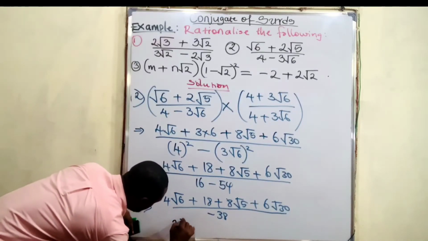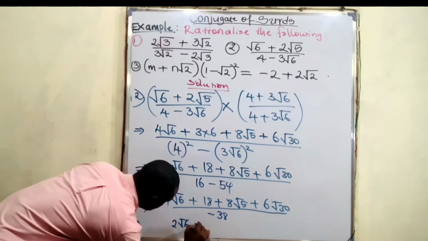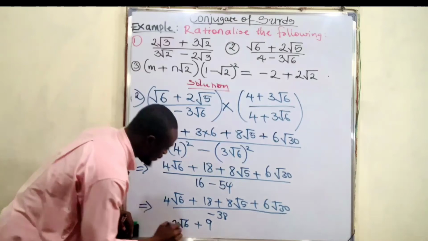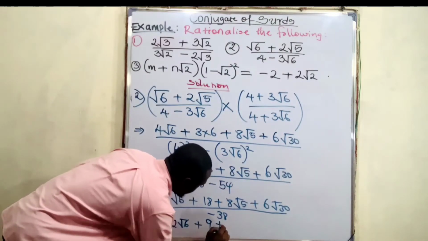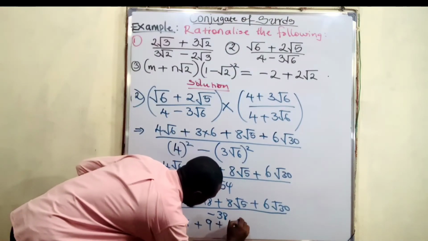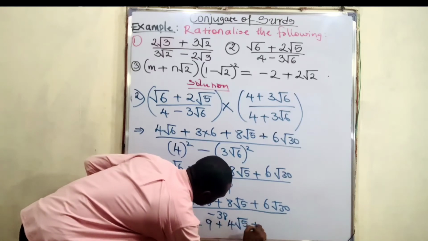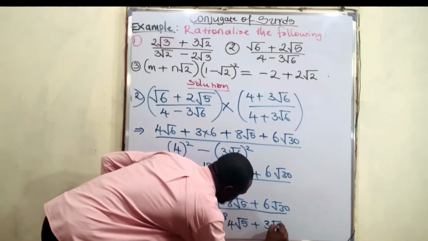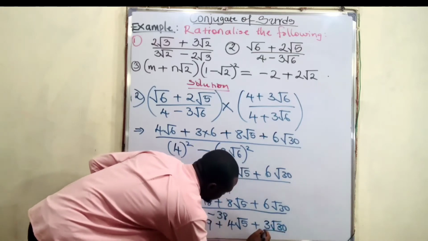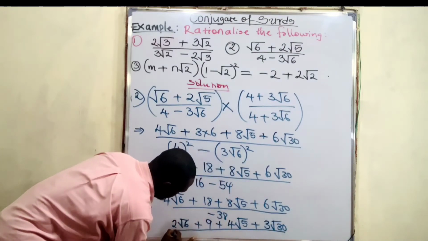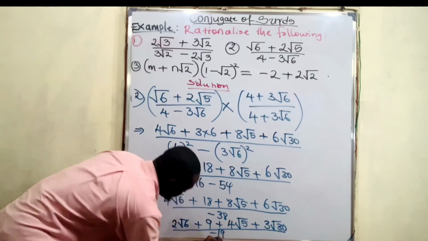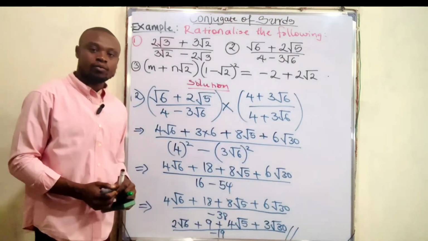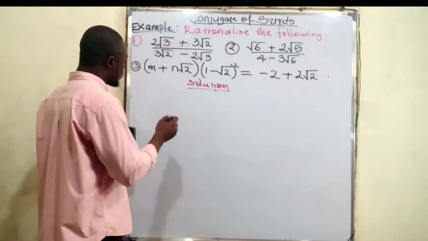this is 2 root 6 plus 18 divided by 2 is 9, plus 8 divided by 2 is 4. So we have 4 root 5 plus 6 divided by 2 is 3. So we have 3 root 30. So this is divided by minus 19. So this is our final answer to this particular question. So the final question is